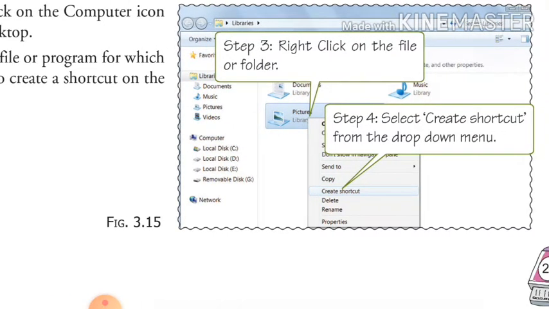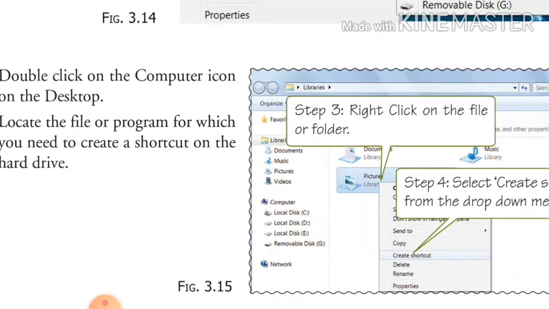A shortcut file has the arrow at the bottom of the icon on the desktop. It means any icon on the desktop having an arrow is a shortcut file of a program or folder.